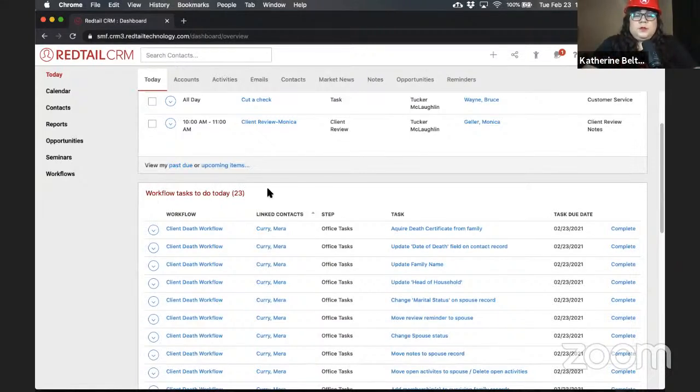On the reverse, what if I don't get everything finished today? This is quite a bit. It's one of those Tuesdays where everything is happening all at once, and I might not get everything completed here. That doesn't mean that the workflow tasks will just disappear. They won't just complete on their own. They won't just go, boop, you're all done. Nope. You still have to manually complete them. However,